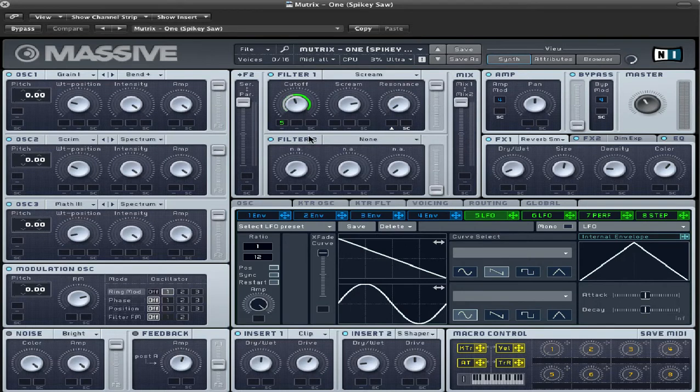Let's see here. Our inserts, we're using a hard clipper, and set the dry wet to just past 12 and the drive just past the E. Insert 2, we're using sine shaper. The dry wet is just below 9 o'clock and the drive is at 12 o'clock. And filter 1, put it on screen, and cutoff is pointed between the C and the U. Scream is just above 3 o'clock, and resonance is just a little bit. And throw an LFO on there,